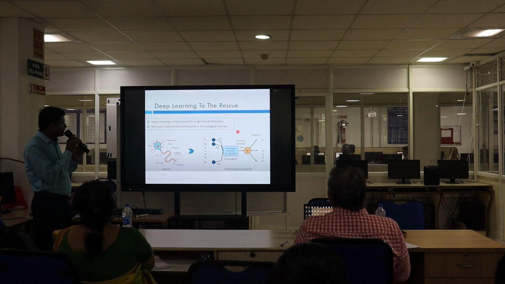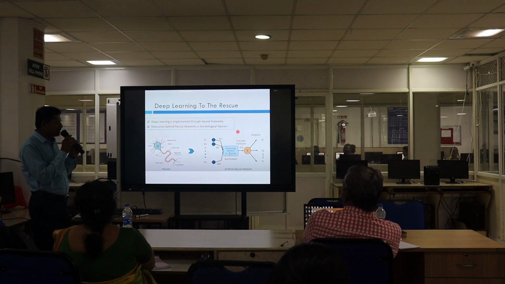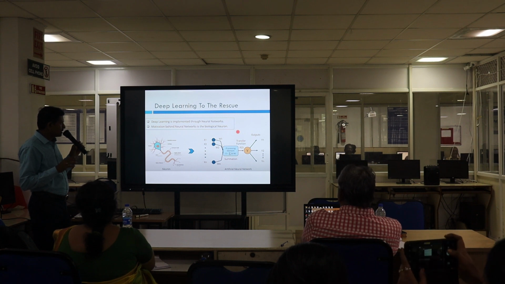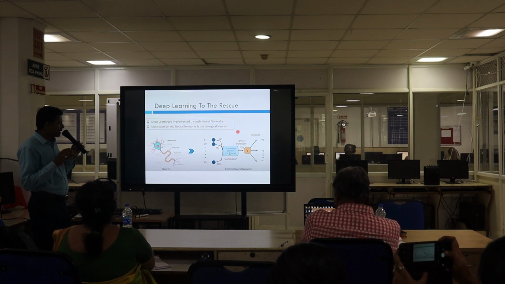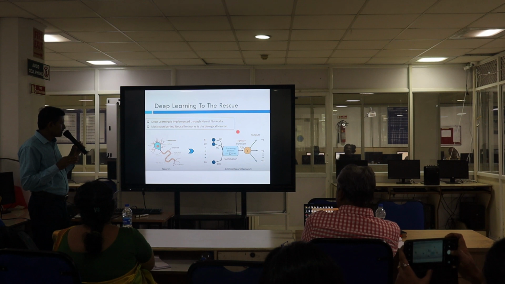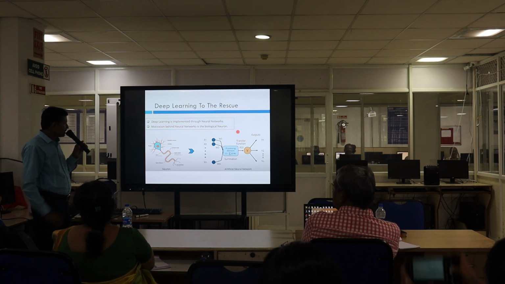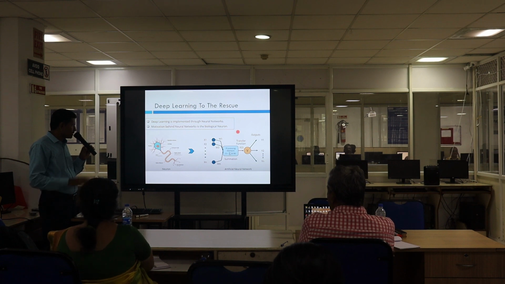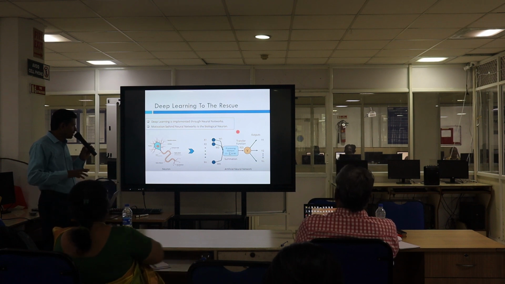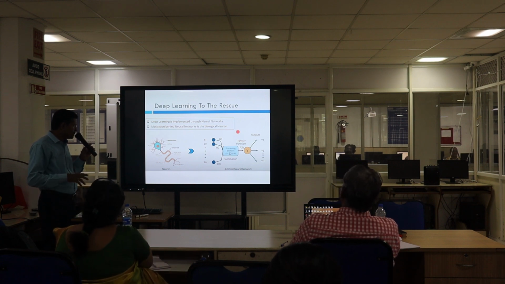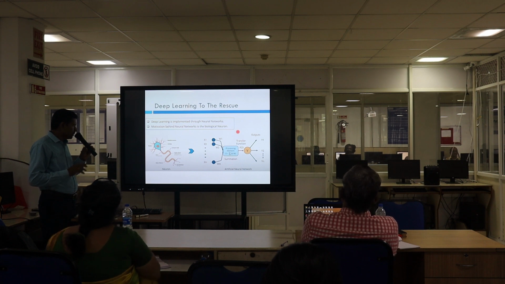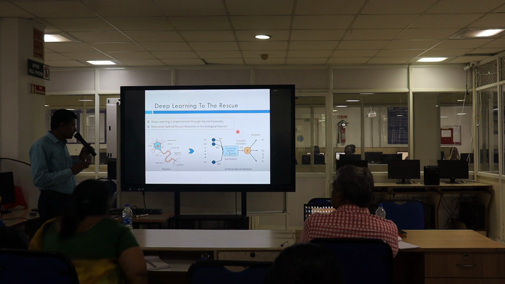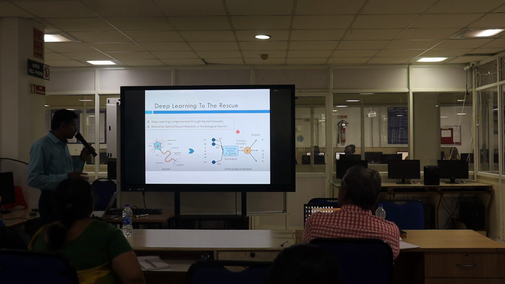So coming to this diagram, the biological neuron. I'm just telling about neural networks, how neural networks were born and from where they are derived. The structure of a biological neuron has multiple dendrites, one cell body with a nucleus, and multiple axons as output.